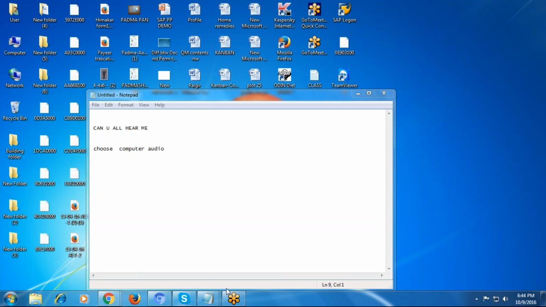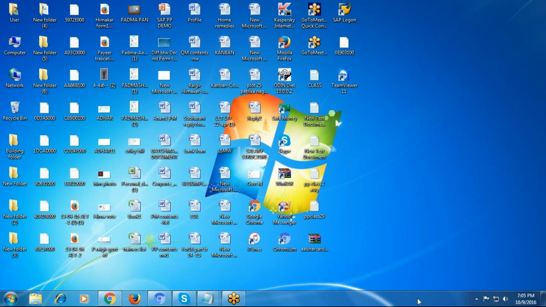What you do, you click on this GoToMeeting icon, bottom. A window opens. Now. So,